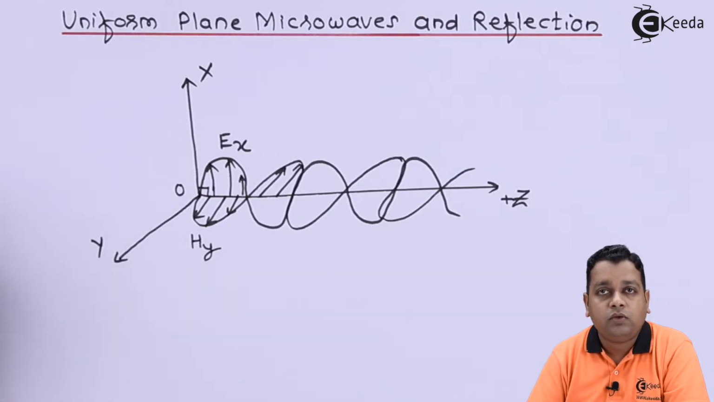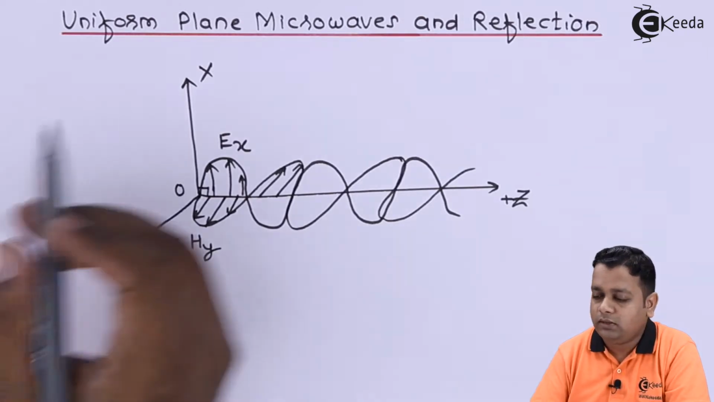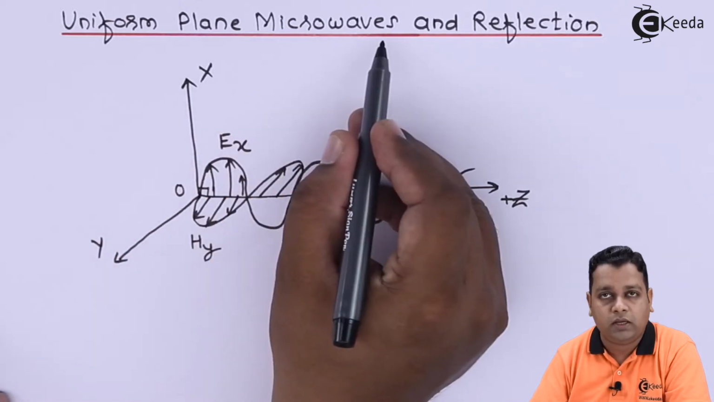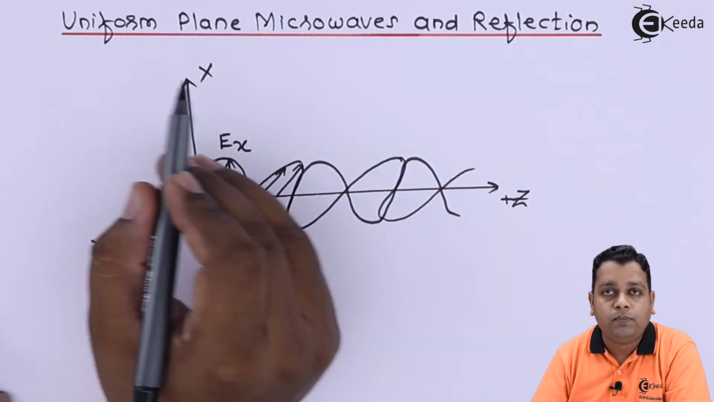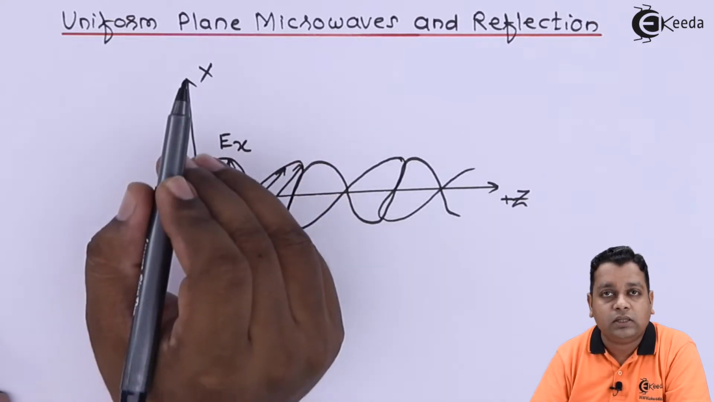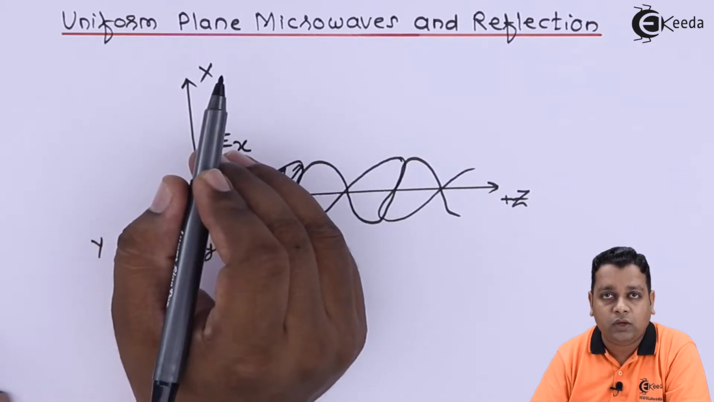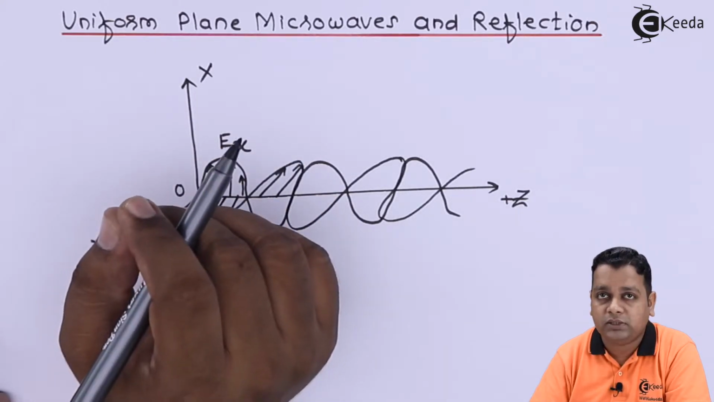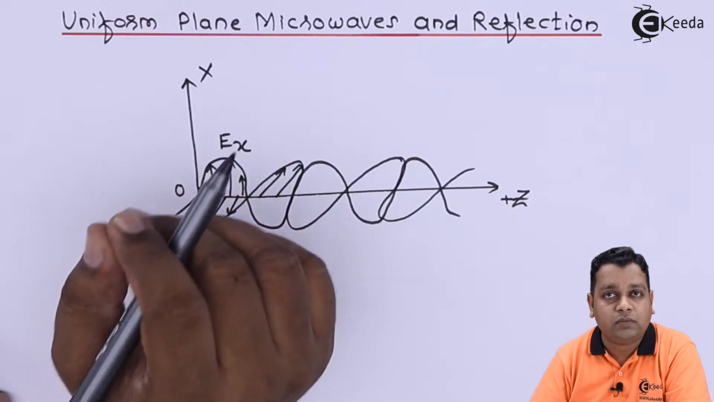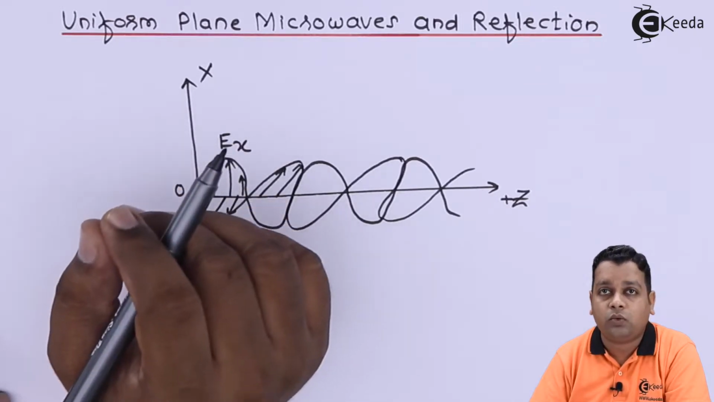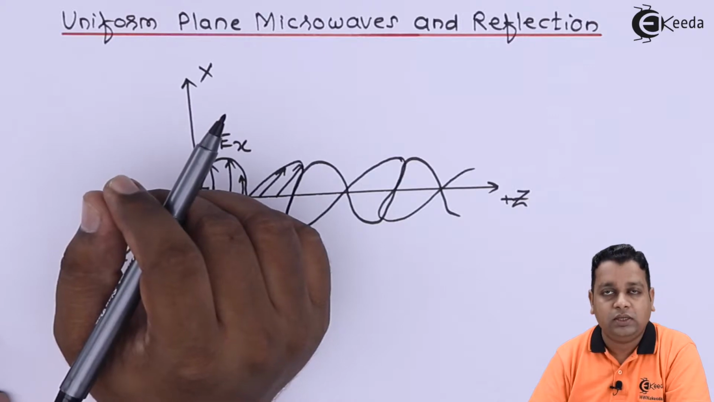Now coming back to our title, Uniform Plane Microwaves. So uniform plane microwaves are nothing but electromagnetic waves in the microwave frequency range having a constant phase along with constant magnitudes. So as we are talking about constant magnitude and the same phase for the wave components here, we shall have representation of equations like